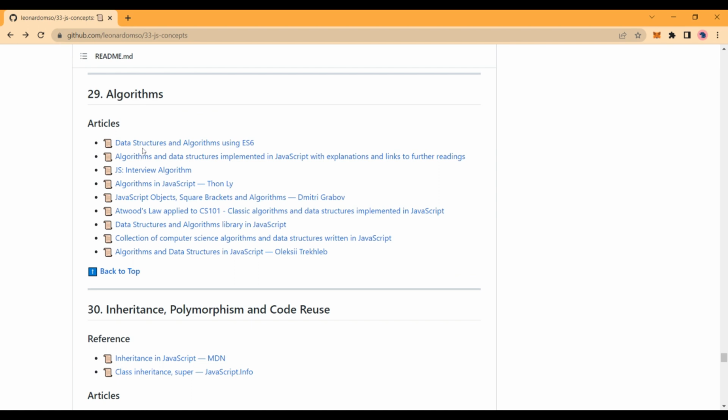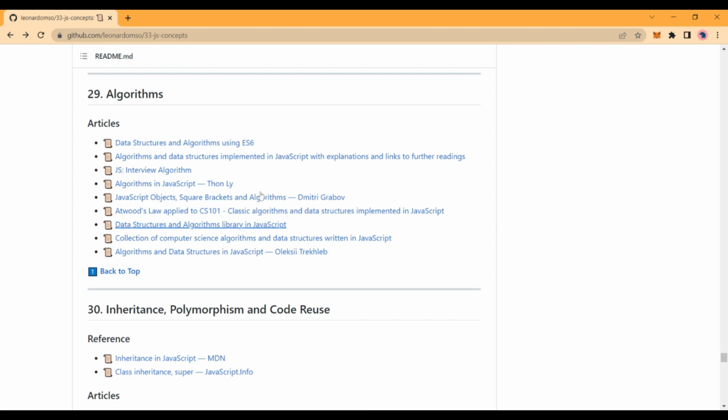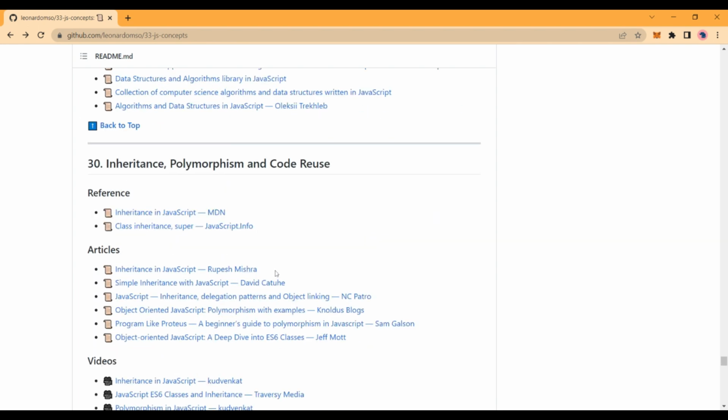The first point consists of data structures and algorithms in ES6. So if you are learning JavaScript, do learn data structures and algorithms. They are very important, and you can see there are only articles for algorithms. Okay, so there are no videos, but I hope you can learn about algorithms from these articles only. 30th,